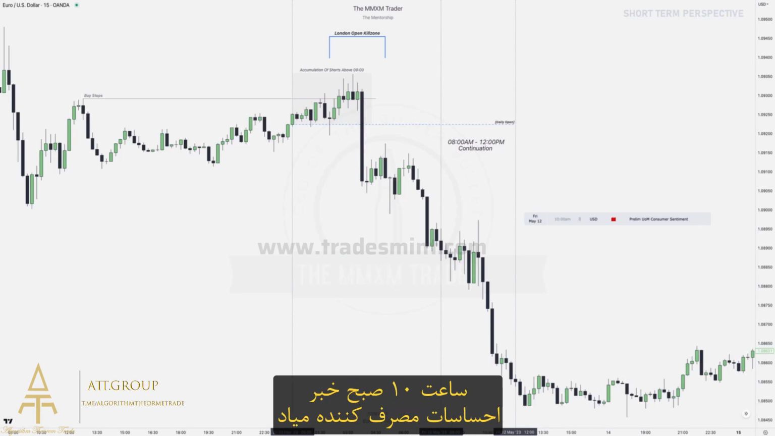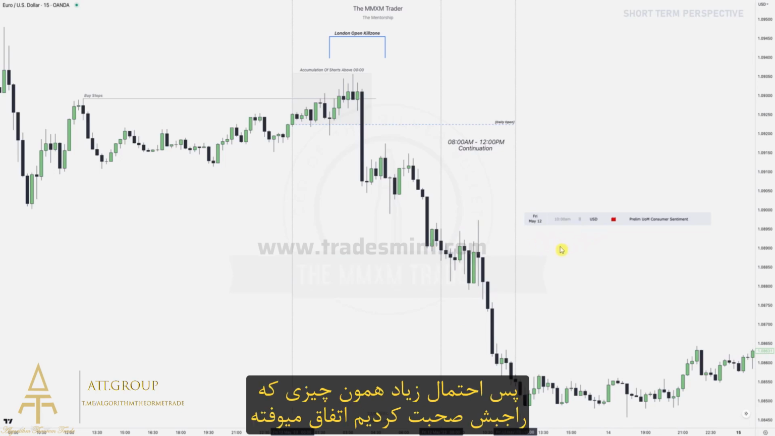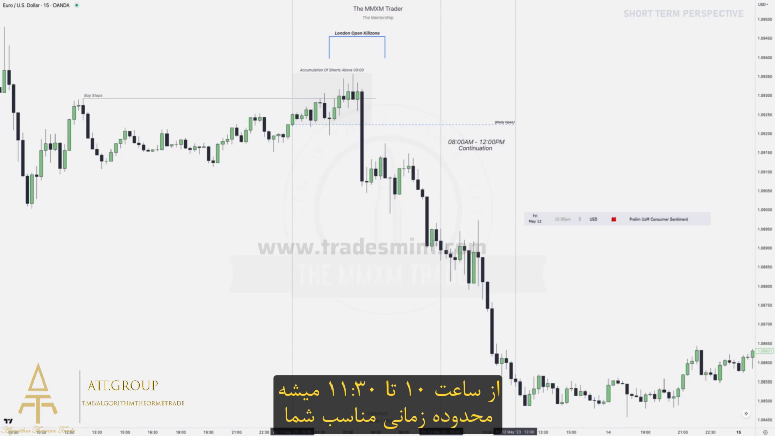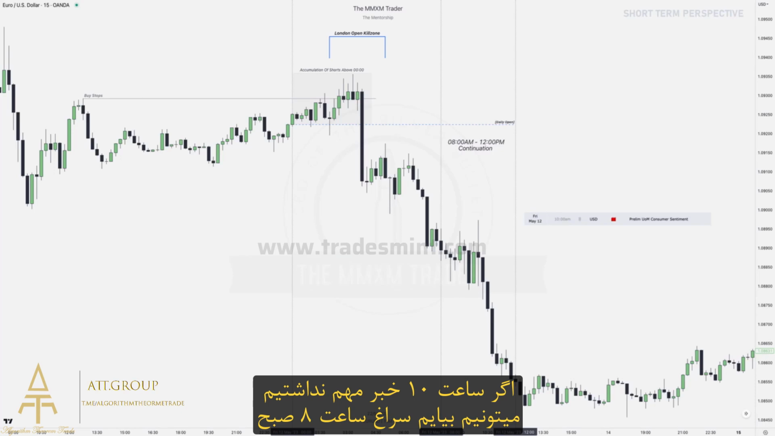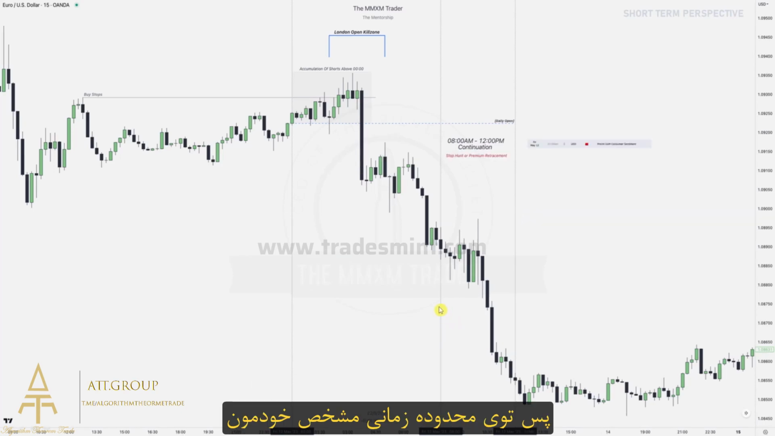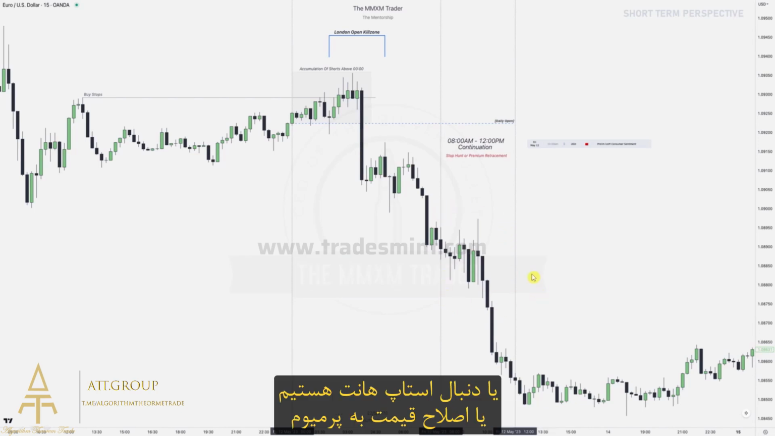We've got 10 a.m. consumer sentiment. So, highly likely what we just talked about, right? You want to have 10 a.m. to 11:30 a.m. as your sweet spot for looking for a setup. If we don't have high impact news at 10, we can do it from 8 a.m. already. So in our specific time frame over here, we wait for either a stop hunt or a premium retracement,